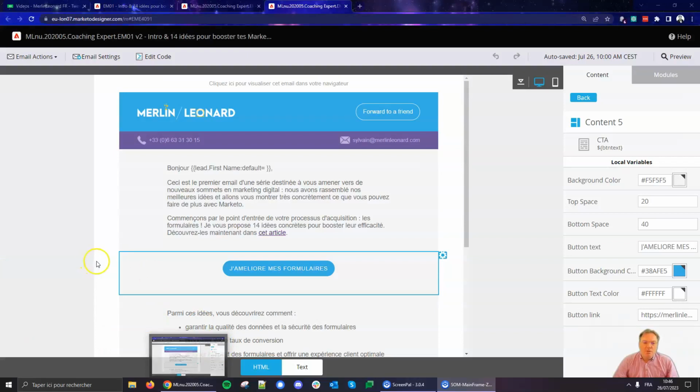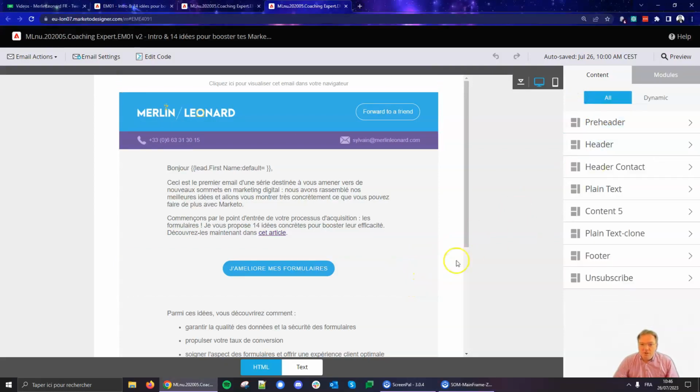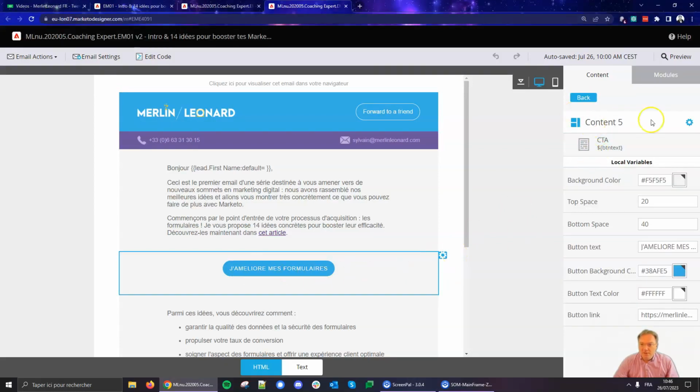So how to correctly insert an image in an email. For instance, let's imagine I want to add a call to action in my email, just like that. So either you have, in this case, a block that does the job. Here I've got this CTA block that allows me to change the background color, the text, the URL, whatever, and everything is done correctly. I'm sure it will be nice when I'm on a mobile or on a workstation or on a tablet.